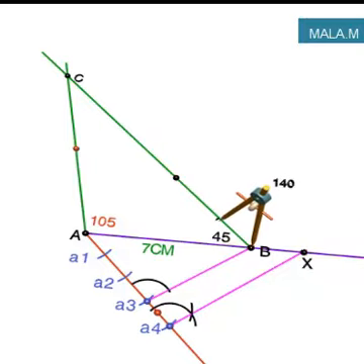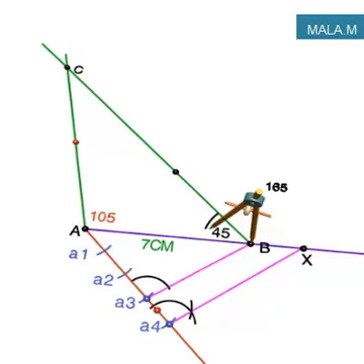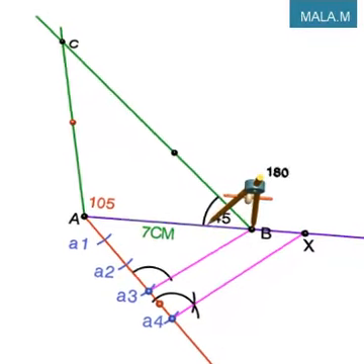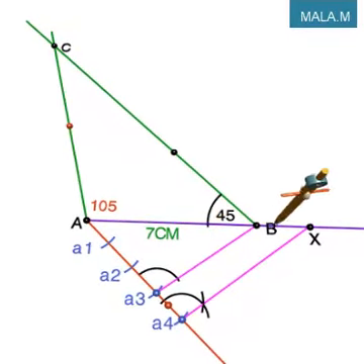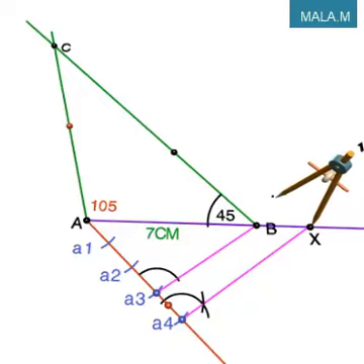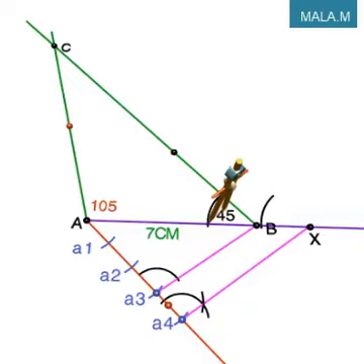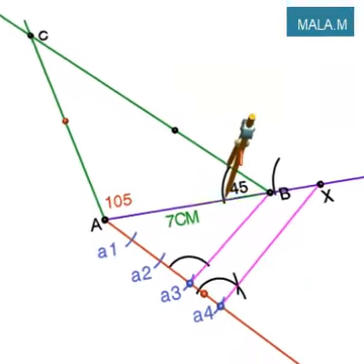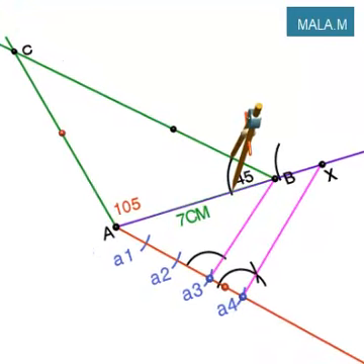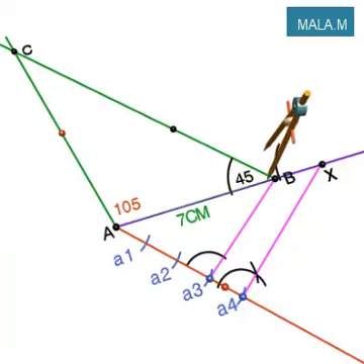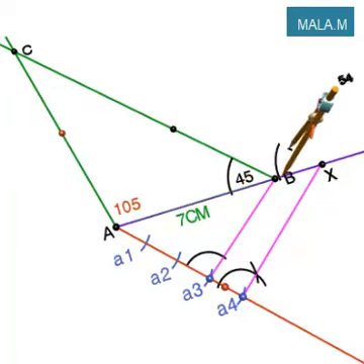Now with a convenient radius, draw an arc by keeping B as center. With the same radius, draw one more arc by keeping X as a center. Radius should not be changed here also. Now take a length of an arc by keeping your compass pointers on the extreme points of the arc which was constructed at point B. From that length, cut the arc which was constructed at point X.